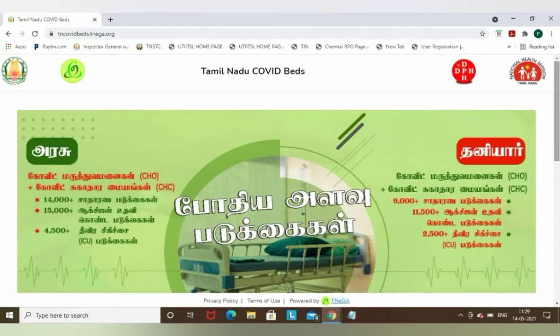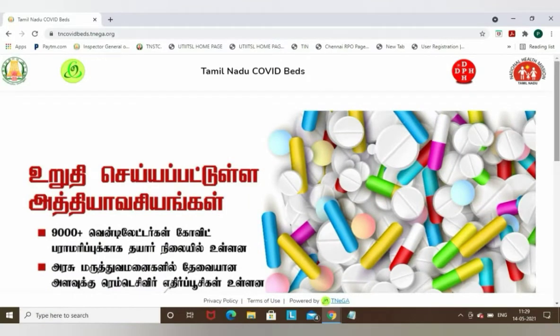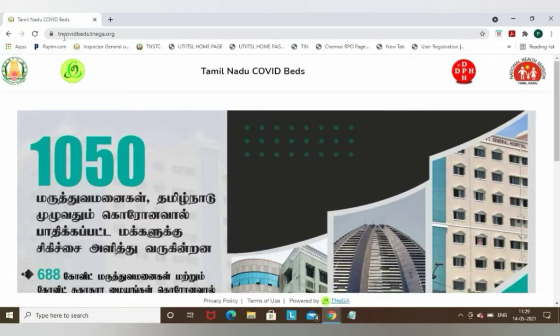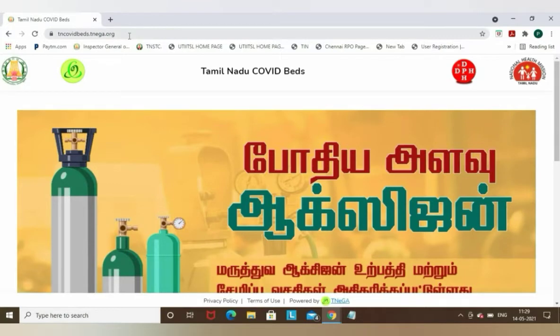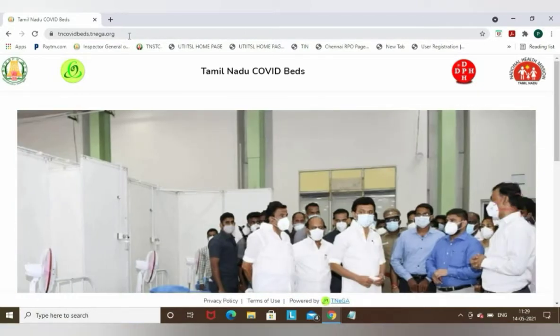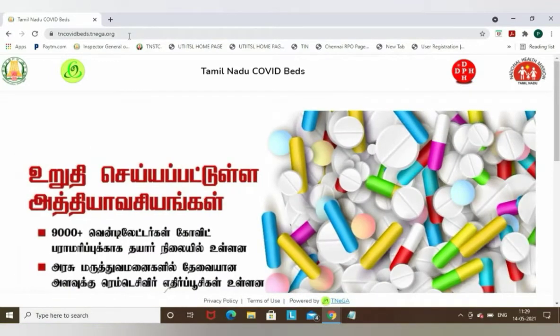If the condition of the patient is very critical and we are unable to find a hospital, then we become very tense and nervous, and we don't know what to do at the last moment. We cannot go to all the places physically to check the beds availability or the oxygen availability. The oxygen scarcity is also going around in our country. Everyone is not getting oxygen. Everyone is purchasing oxygen from outside. People are getting treatment in the ambulance itself.